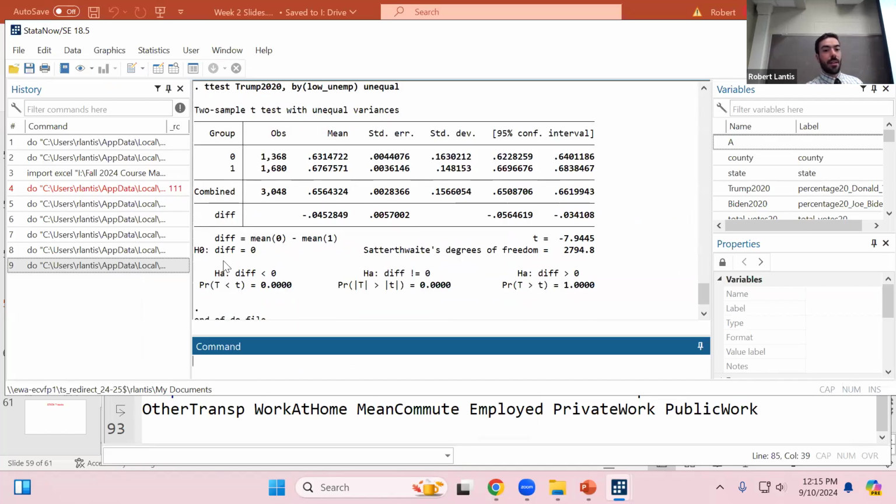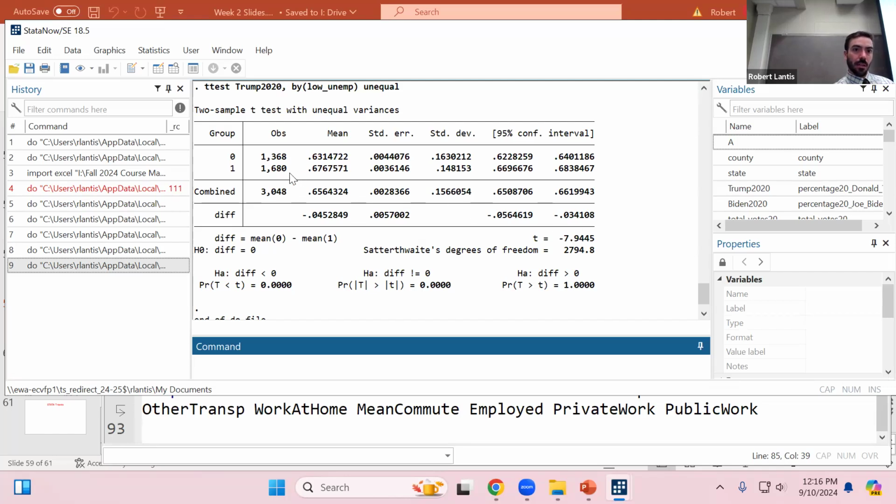It then looked up the p-value for us, for a two-tailed test. I'm assuming that there's no difference in the proportion of these counties that vote for Trump in low versus high unemployment. We know that's probably not true. Sure enough, I'm 8 standard deviations below that, and my p-value is basically 0. So I found strong evidence that low unemployment rate counties actually tended to vote